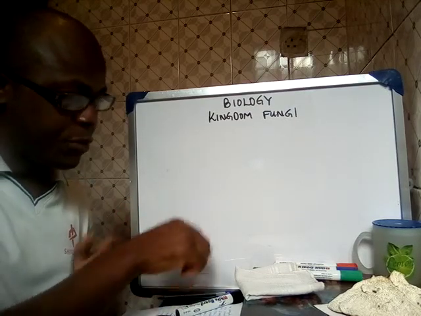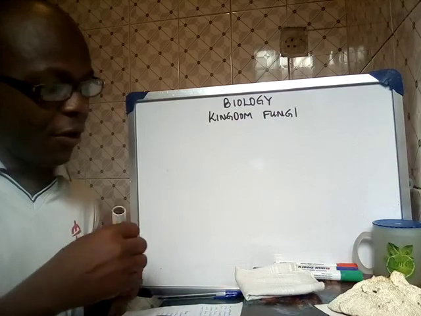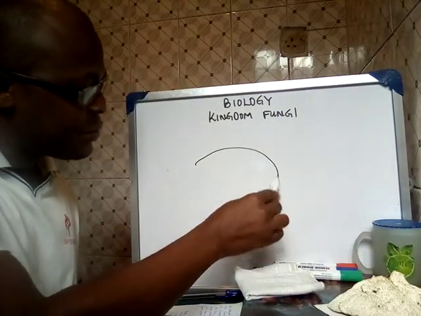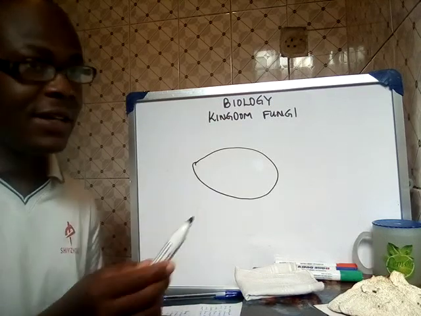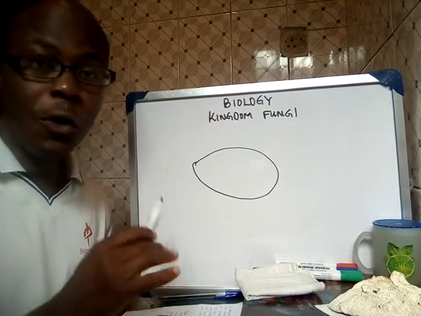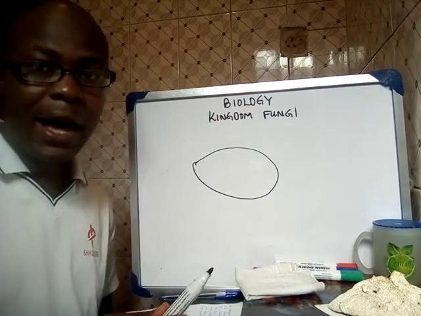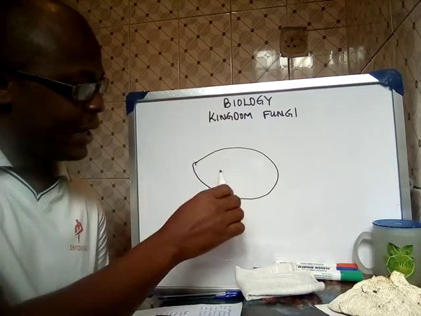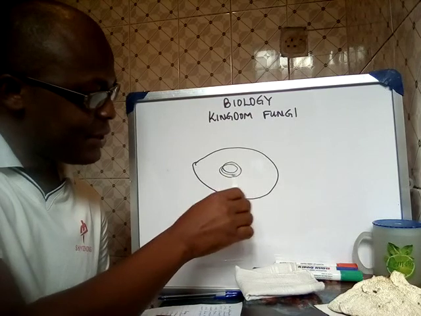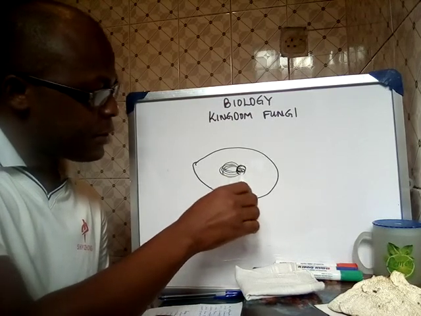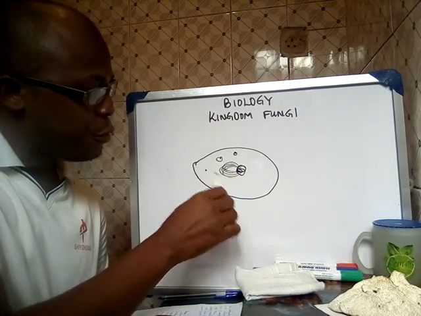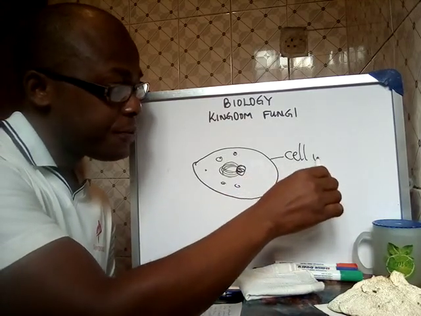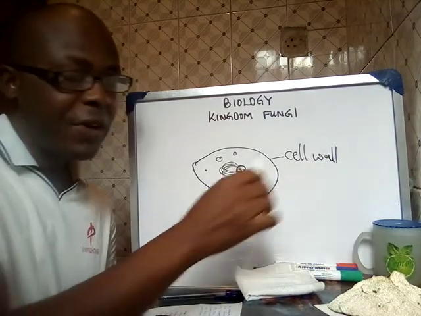So generally, what do they look like in terms of the structure? I would represent a yeast on microscopic level, of course. So with the naked eye, we can't see it, but this is what a yeast cell is. A yeast is unicellular. Most other fungi are multicellular, but yeast is unicellular. It's somewhat like this. This is a nucleus, and then food particles. It has a cell wall. The cell wall is made up of chitin,